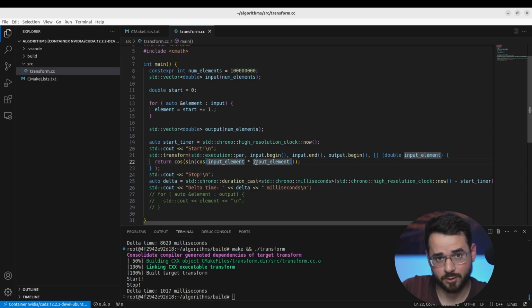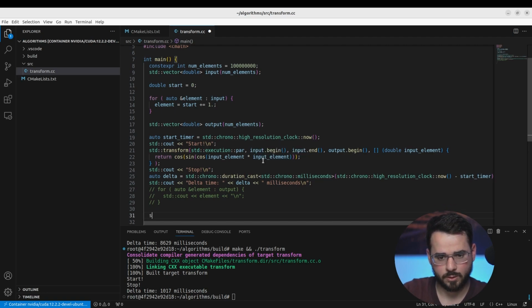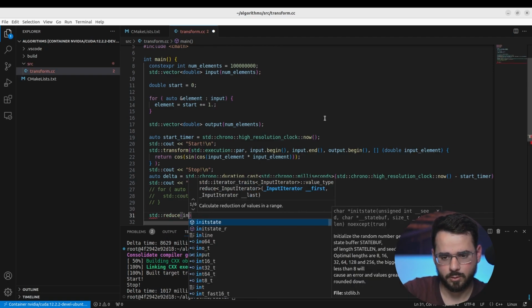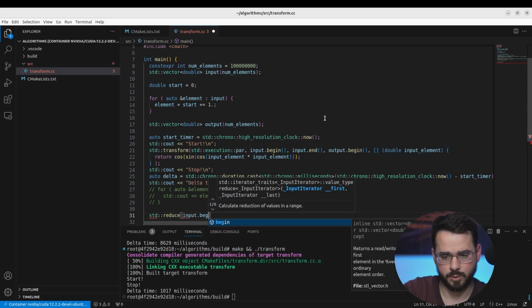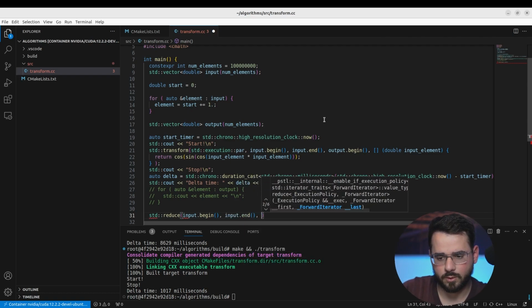And for reduction, it's pretty much the same. Let's say we want to add an operation that reduces the whole set. So we have a lot of elements here. It's starting from 0, 1, all the way to n, and this is n. What if we want to sum everything to a single number? Let's add all the elements. This is how we do it. std reduce. Again, we give it an input iterator, which is our input begin. We give it the final element, and we give it a